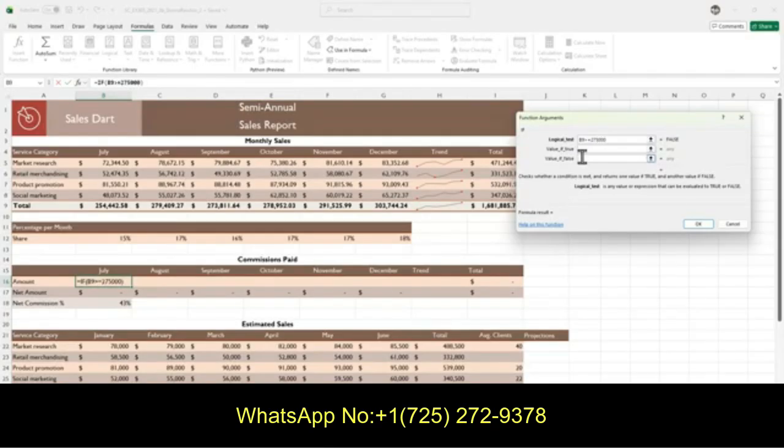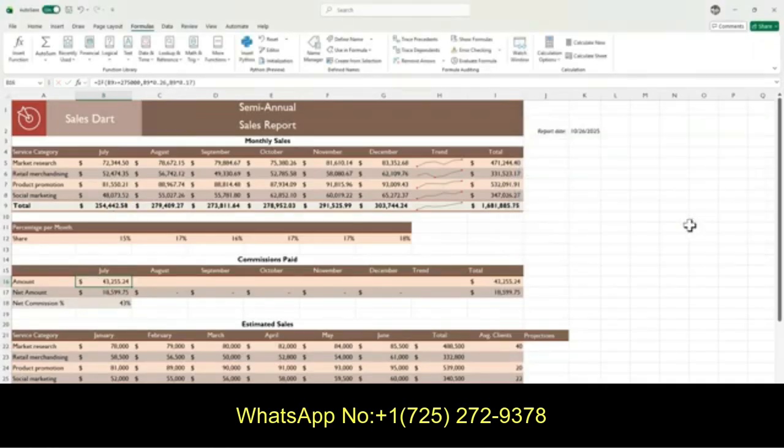Okay. So if B9 is greater than or equal to 275, the value of it should be 26% times this one here, times 0.26, otherwise B9 times 0.17, okay, or 17%.